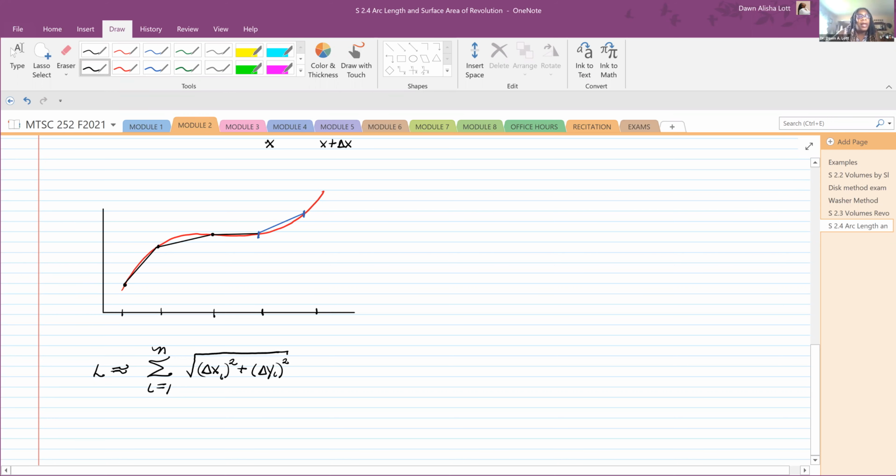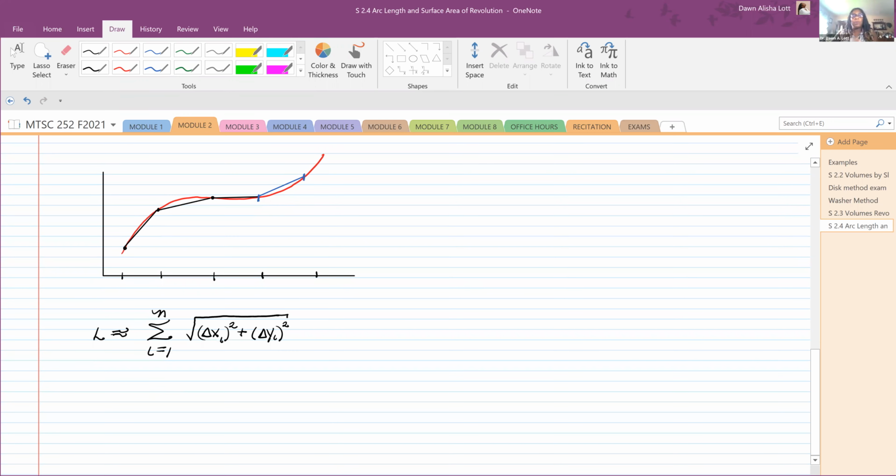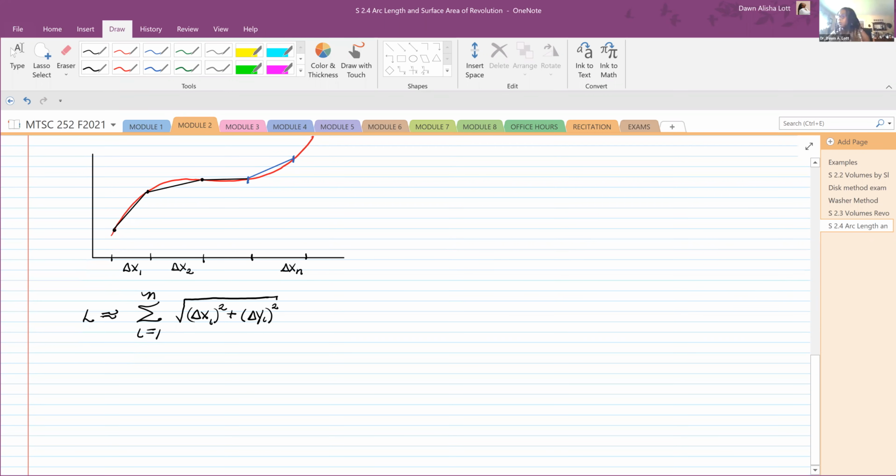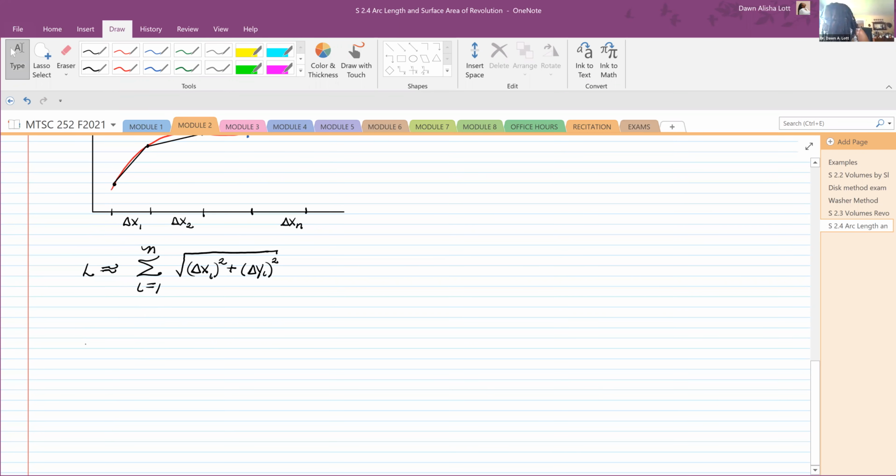So each curve has that length, and we're summing them all up. This is delta x1, this is delta x2, all the way down to delta xn. So we're going to sum them all up. Now I'm going to do a little algebraic trick. I'm going to say the length is approximately equal to the sum, i equals 1 to n,